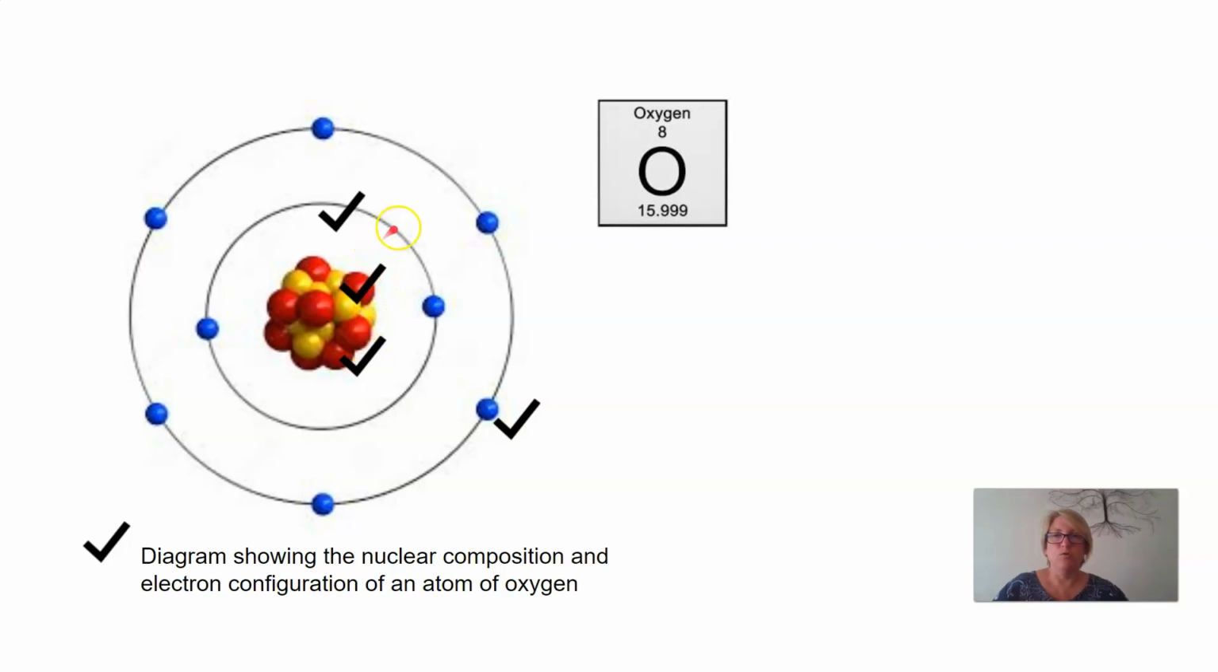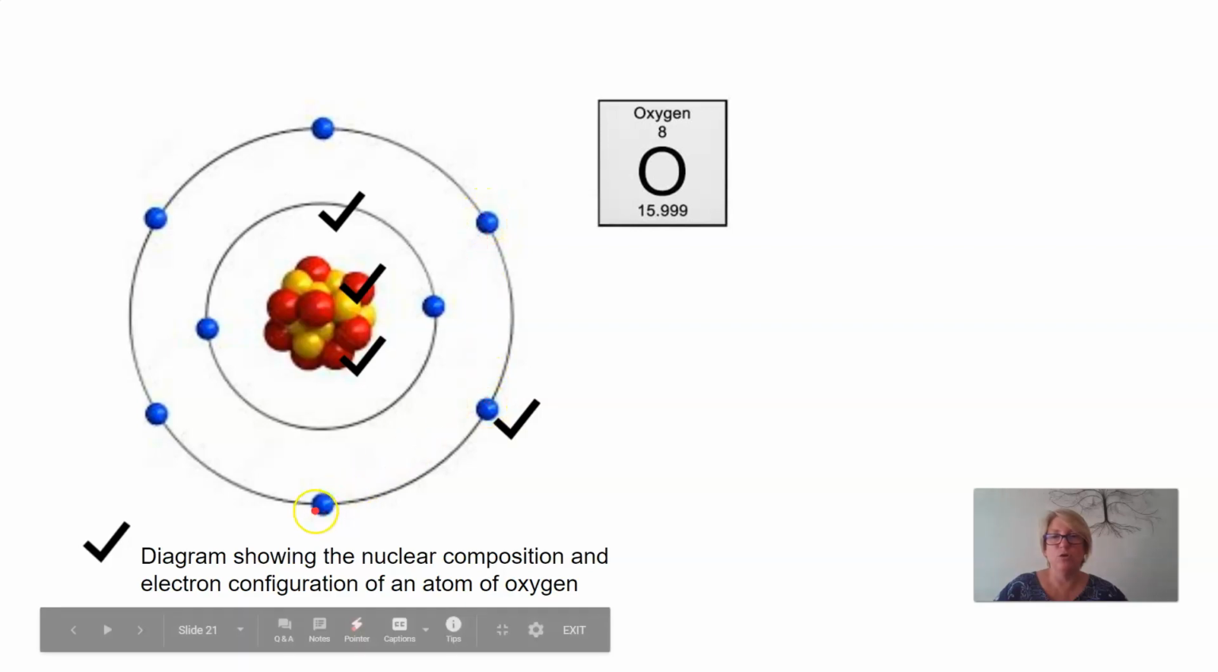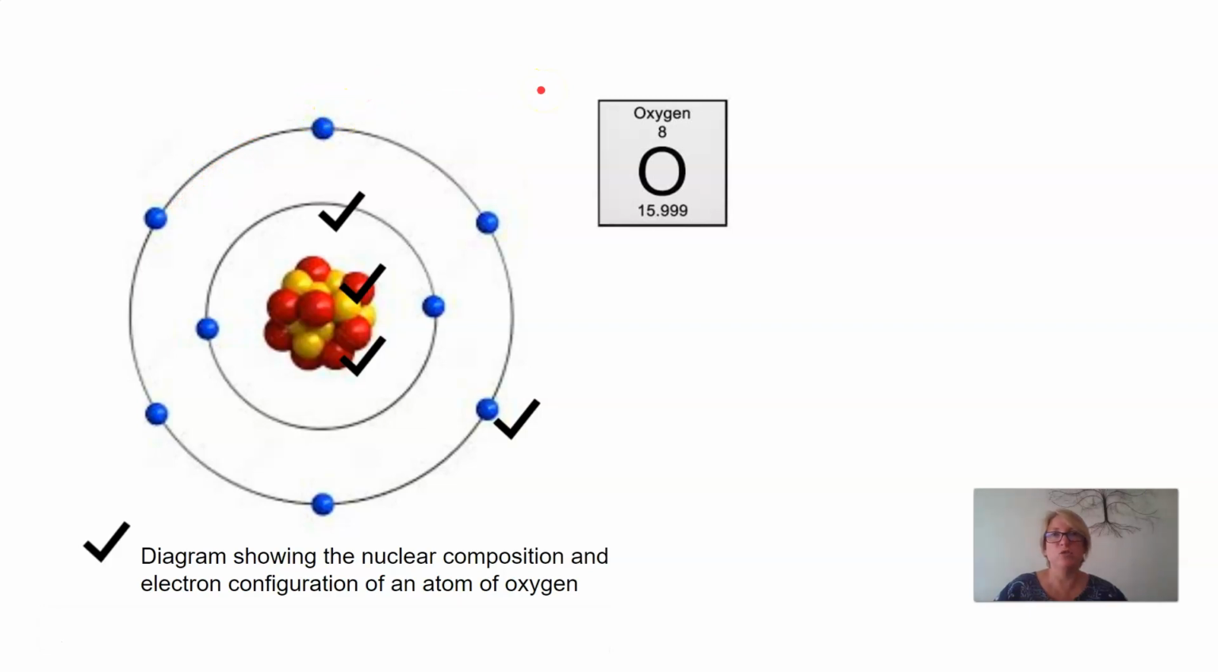Then we know that we find oxygen in period 2. So that's why there are 2 electron shells. And because there are 8 protons, we start filling the shells from those closest to the nucleus. So the first shell, you're going to put 2 electrons. You can only take a maximum of 2. The second shell, you're going to put 1, 2, 3, 4, 5, 6 electrons,